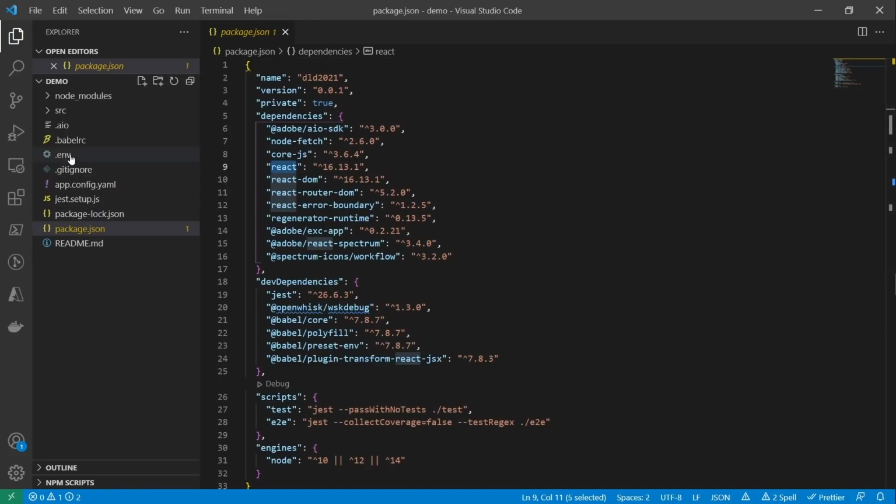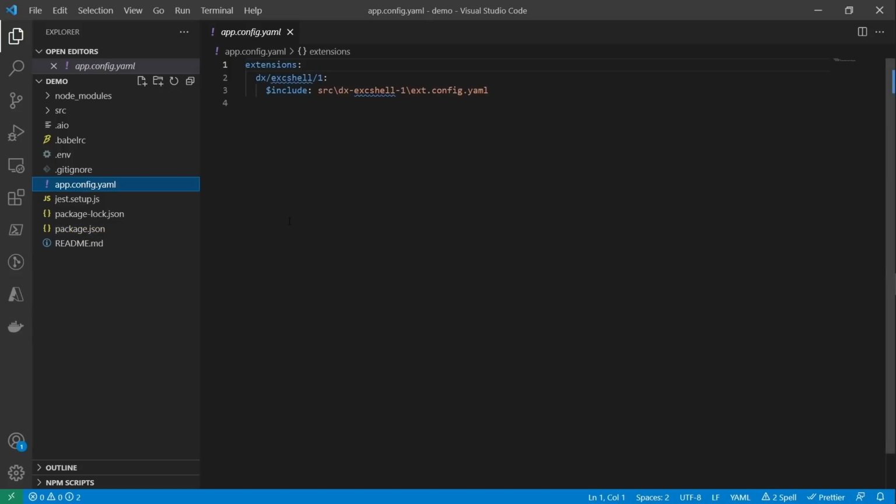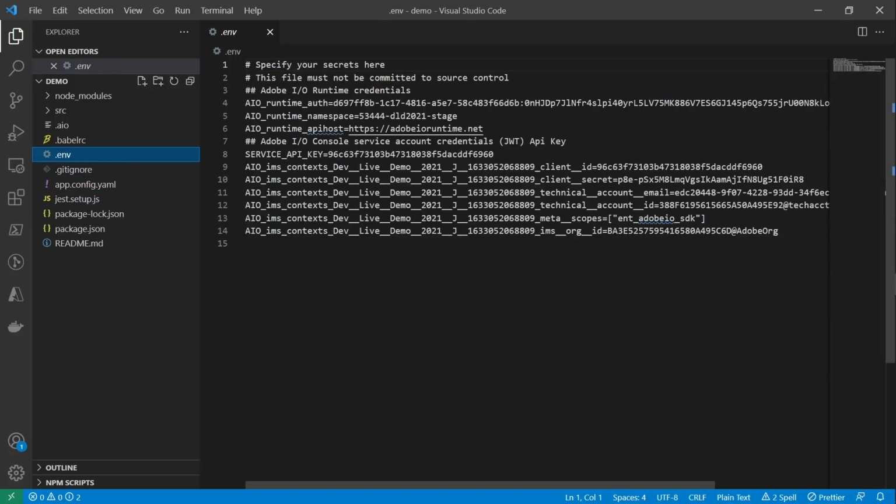All right, so the CLI has also gone out and grabbed some other things for us and created some other files. So here is our main extension point configuration, or main configuration for the project, and it defines the extensions that are in this project. You can have multiple extension points. At this time, we only have one extension point, and it's including the detailed configuration from a lower subdirectory. What's great about the way that it built this out is this allows for a lot of flexibility for us to be able to add in many extension points without overloading this file. And then also we can separate the project into multiple modules, which are cleanly isolated from each other, allowing for more modular development practices.